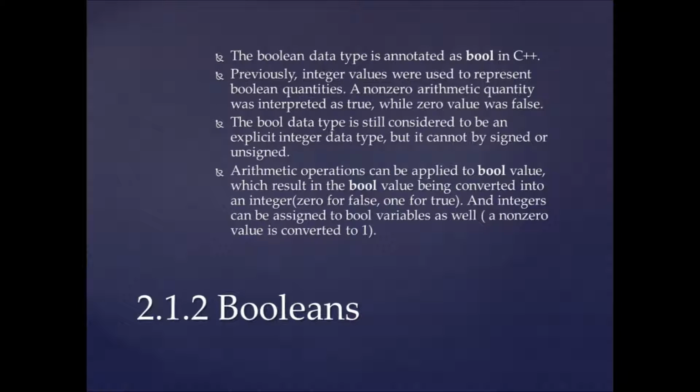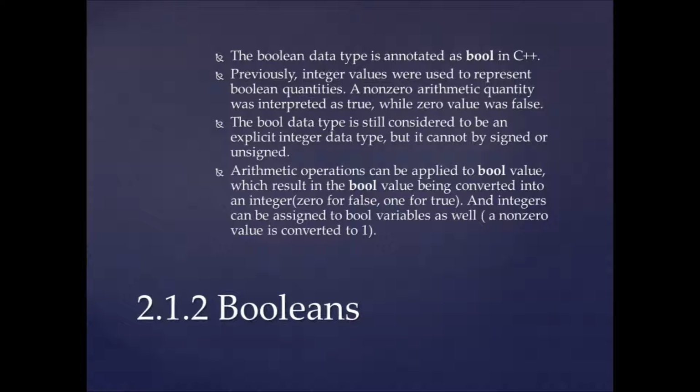2.1.2 Booleans. The Boolean data type is annotated as bool in C++. Previously, integer values were used to represent Boolean quantities. A non-zero arithmetic quantity was interpreted as true, while a zero value was false. The bool data type is still considered to be an integer data type, but it cannot be signed or